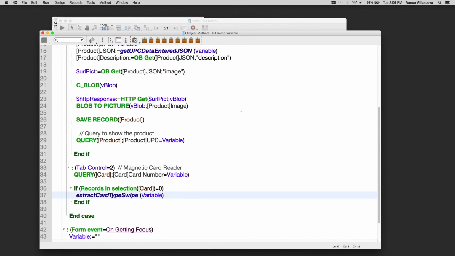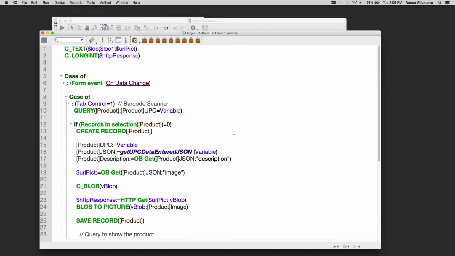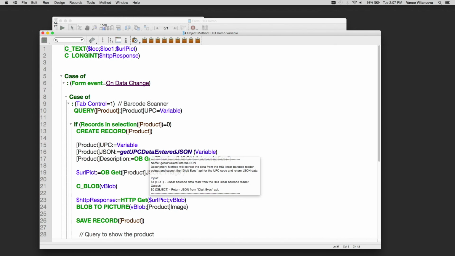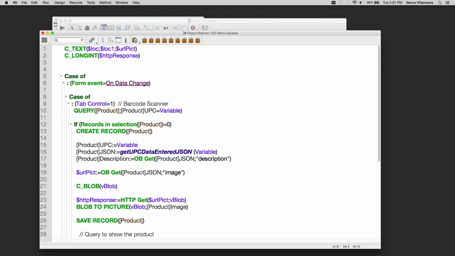So in here, I pretty much check on the on data change event. And once I select one of the tabs, for instance, the barcode scanner, I'm able to see if it's actually in the database. And if it's not, then I create the record. Now, for the display of this demo, I used a